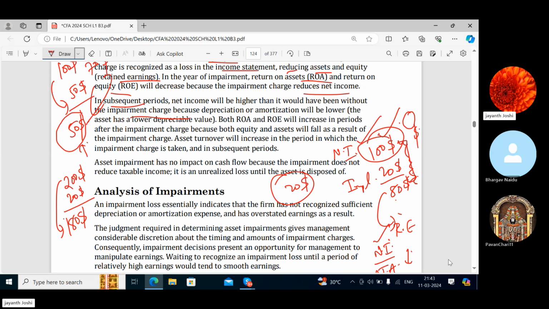Why? Because now there is an impairment you have recognized, and the asset value has decreased. Now the depreciation amount will be less. You will show depreciation every year, but not on a higher amount, but on a lower amount. So this will decrease the depreciation expenditure from the previous amount. Previously your depreciation on $100 was $10, 10%. Now on $80 your depreciation will be $8, 10%. So the expenditure has decreased by $2, that will increase your income, and then your ROA and ROE will increase in the upcoming periods, in the future periods, right?